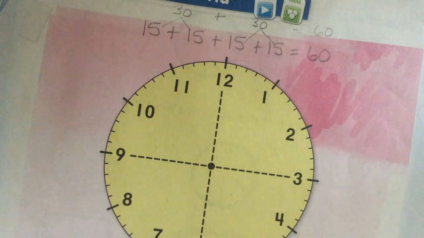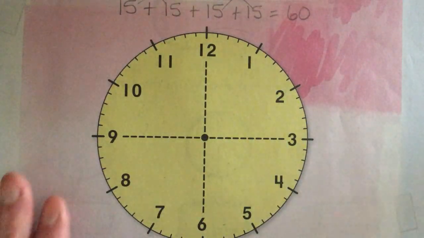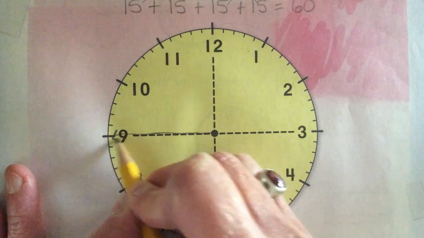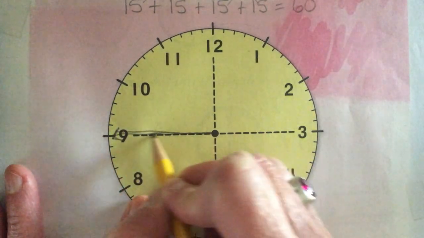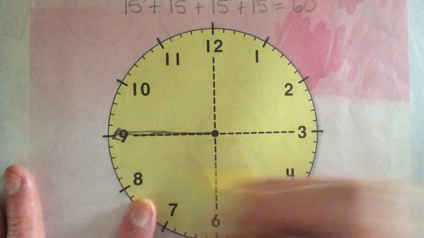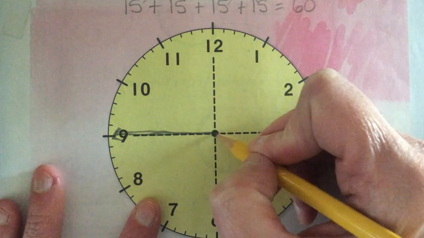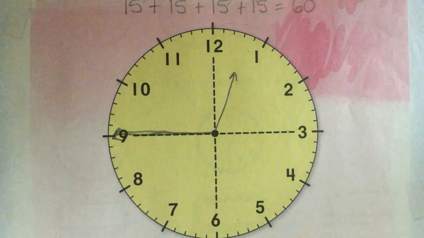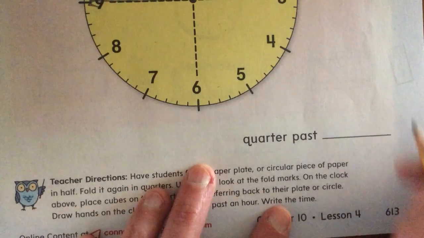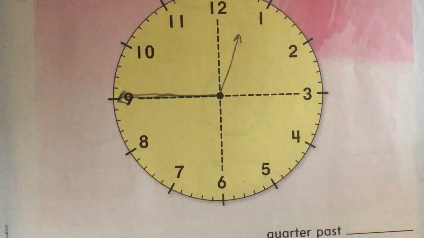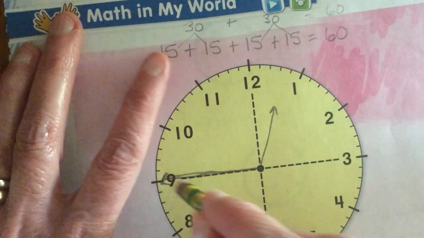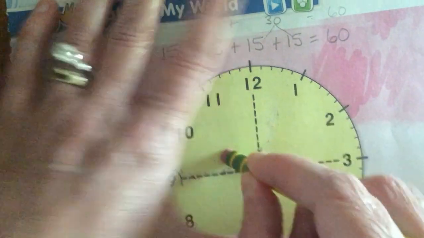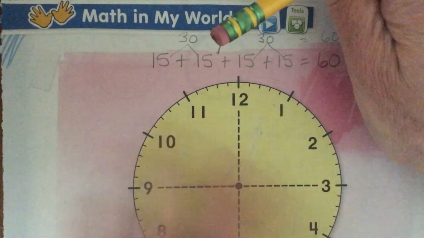Okay, so we're going to draw 12:45 on our clock. So we know that our minute hand is going to be right on the 9, and I always like to draw my minute hand first when I draw a time on the clock. So there's my 9, and 12:45 means it's 1:45. So I'm going to put my minute hand, or my hour hand, in between the 12 and the 1. And so it's quarter. Oh, we have to do quarter to, not quarter after. My mistake. Oh, darn. My beautiful example isn't really that beautiful of an example, is it? I thought we got to pick whatever we wanted.